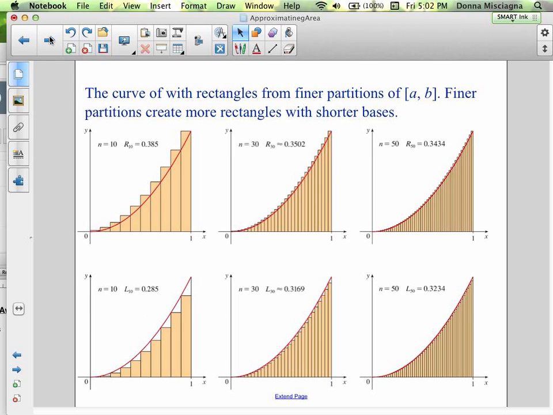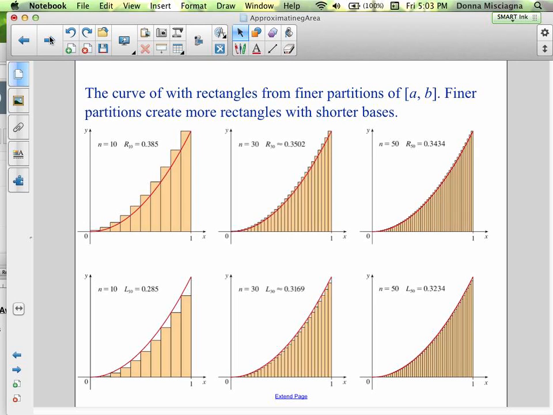So here we have Riemann sums, and we are putting in more and more partitions. So finer partitions create more rectangles with shorter bases. So notice that the change in x is decreasing as the number of rectangles is increasing. So here we have a right Riemann sum on top, left Riemann sums are on the bottom, right? And then the first row, first column I should say, is with 10 partitions, then with 30 partitions, and then